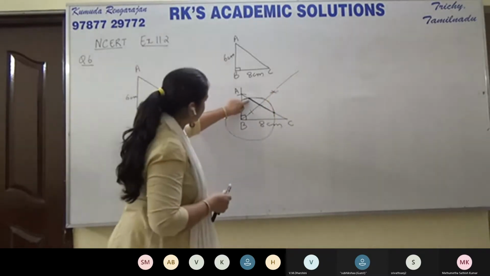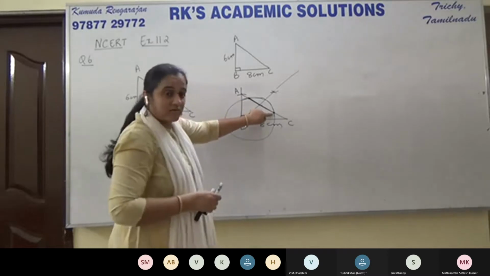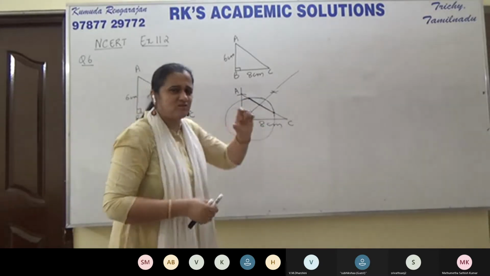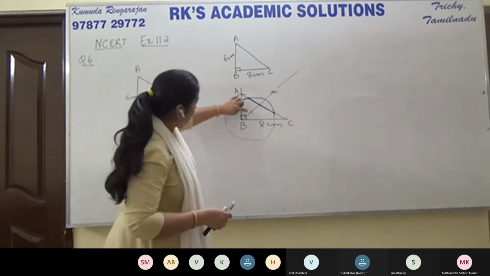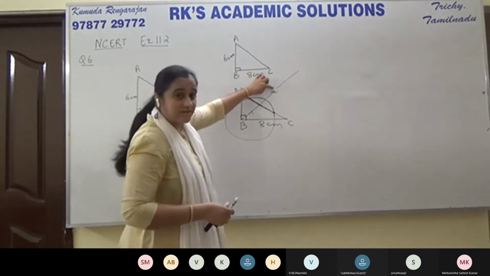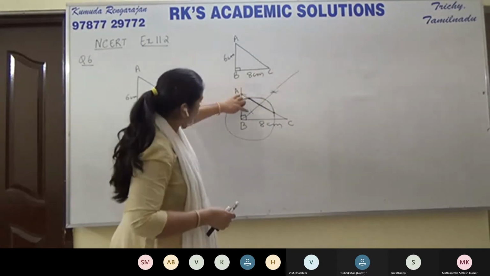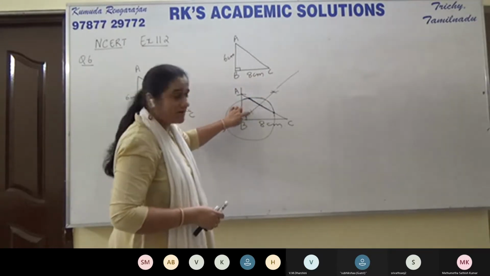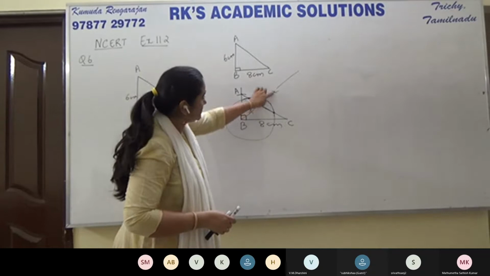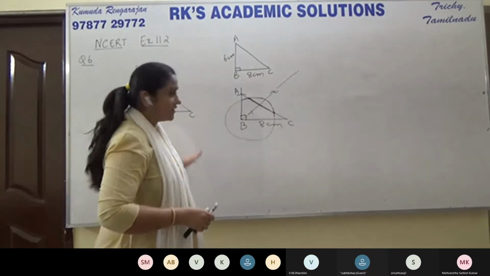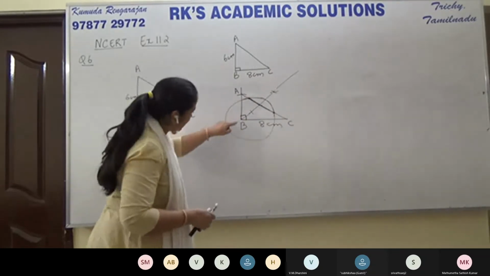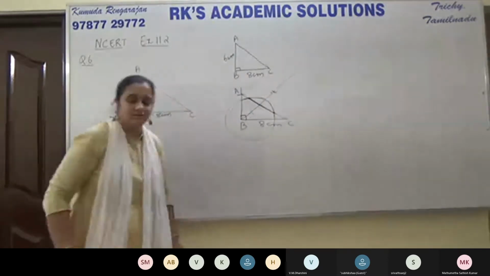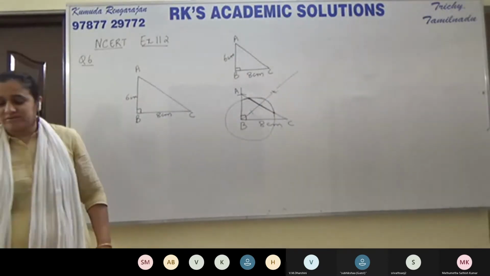With these two points as centers, and again sufficient radius, draw an arc here, draw an arc here. From this point, draw an arc here and draw an arc here. Now from this point, cut this arc. And from the same point here, cut this arc. And join. When you join, you will see that it will pass through B. Do it.